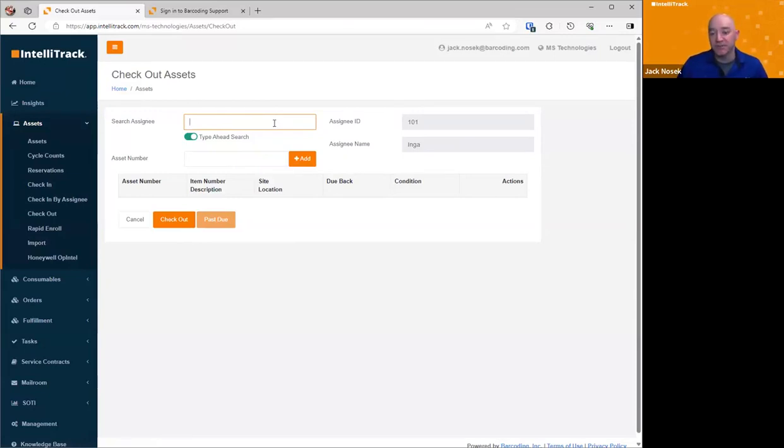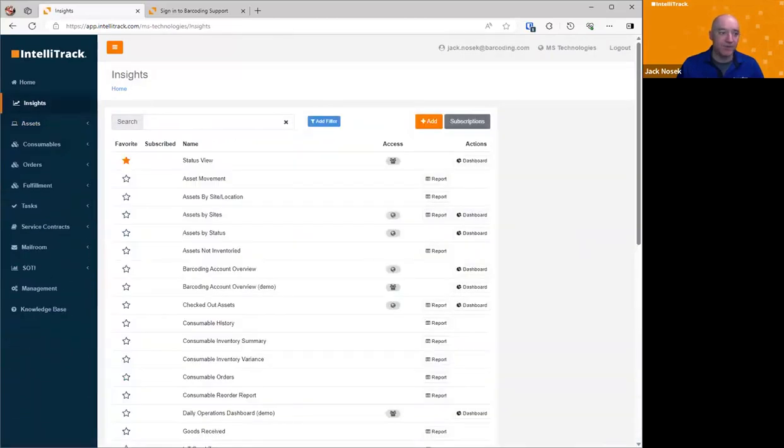So this really helps if you are doing this in a non-scanning environment and you need to find an assignee and quickly assign them for a checkout operation. And additionally, for checking out, we've added an enhancement to a report. If we go to the checkout asset report,